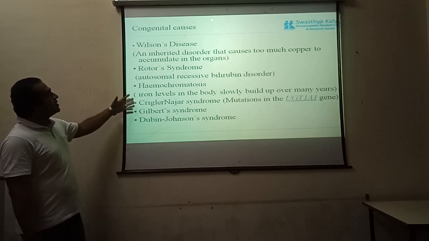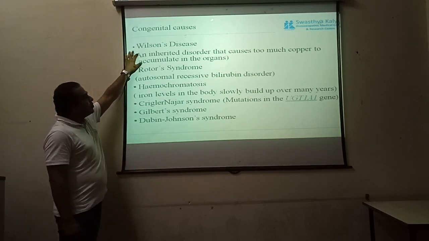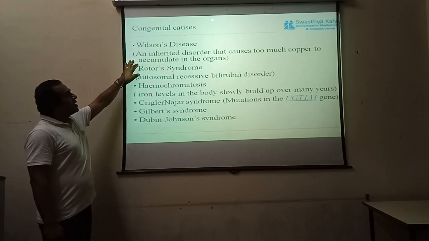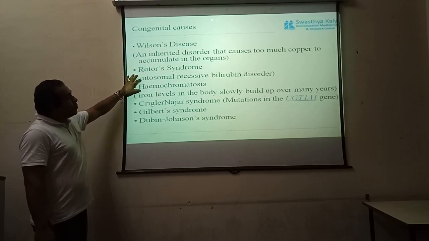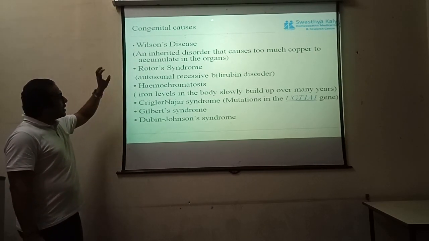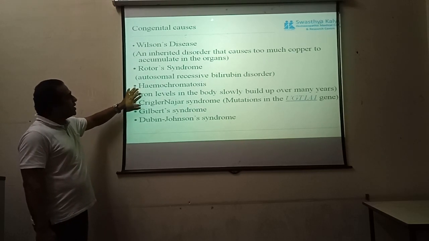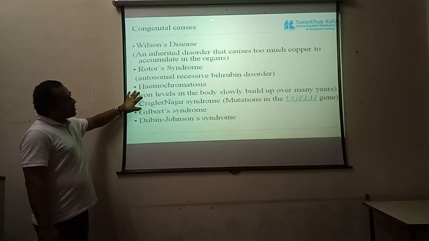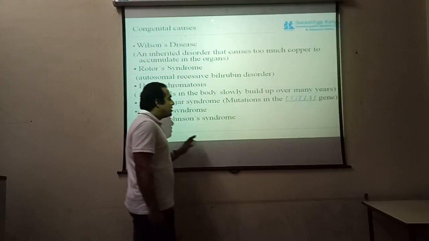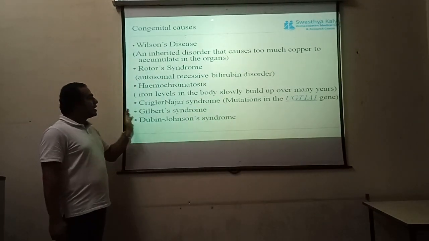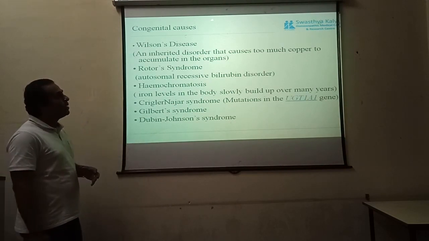The congenital causes are listed here: Wilson's disease, copper accumulation, Rotor syndrome, a disorder of bilirubin production, hemochromatosis, that is a deposition of excess iron in the body, Crigler-Najjar syndrome, that is a mutation in the UGT1A1 gene present on chromosome 2,